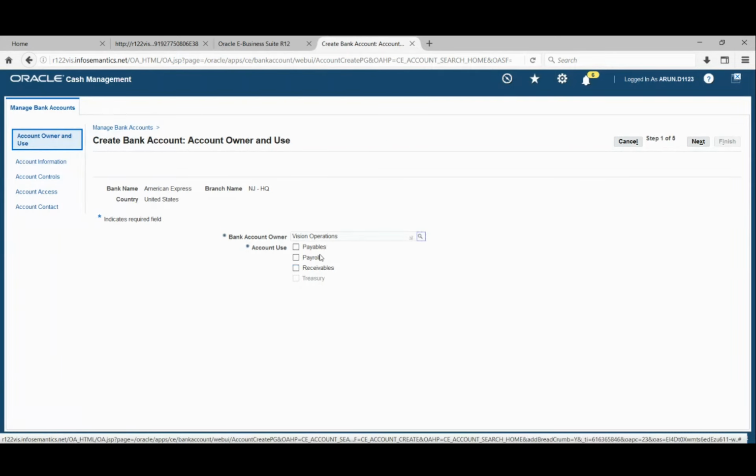Okay. So after enabling payroll, basically you will have to give a few information. That is account number and the account code combination and which currency we are using. Okay, so those are the options. So we will see each one of it in detail. Okay, so now I can give the account name.